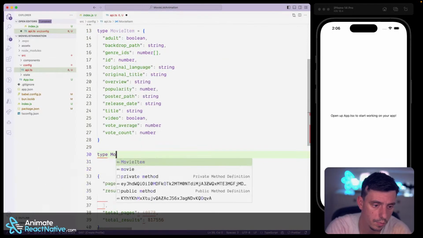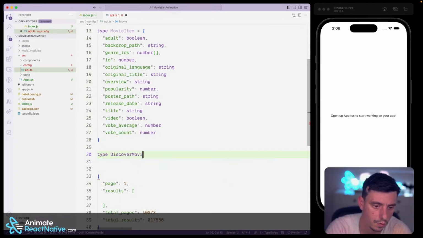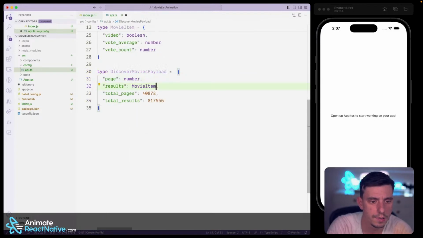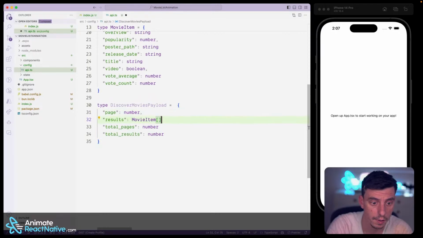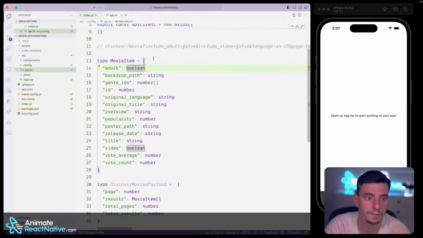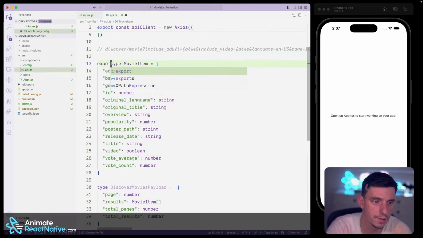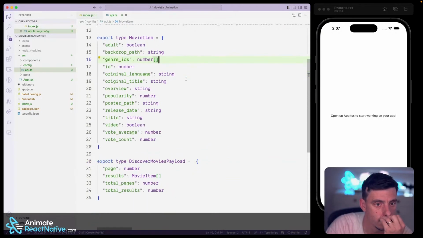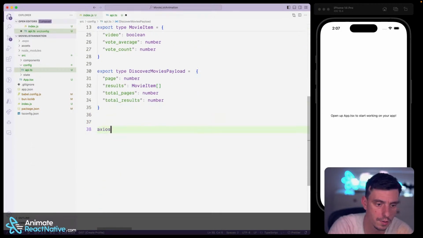And now type discover movies payload. It's equal to this guy here. So we have a page number, results, it's movies, and number. So if I press save, save. Okay, so I'll export the types as well. So pretty much I can now say Axios get